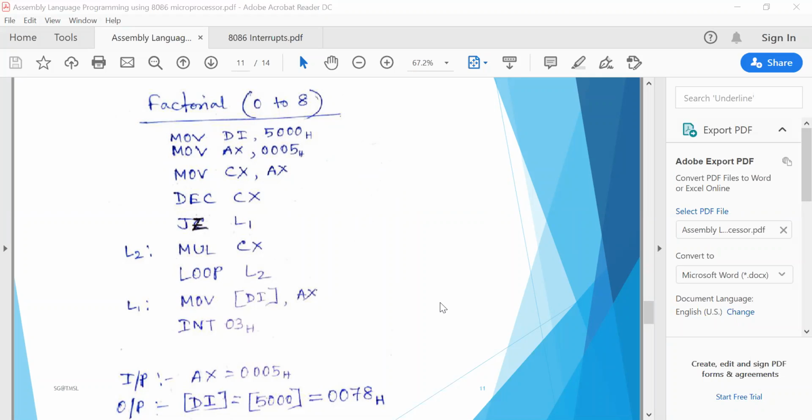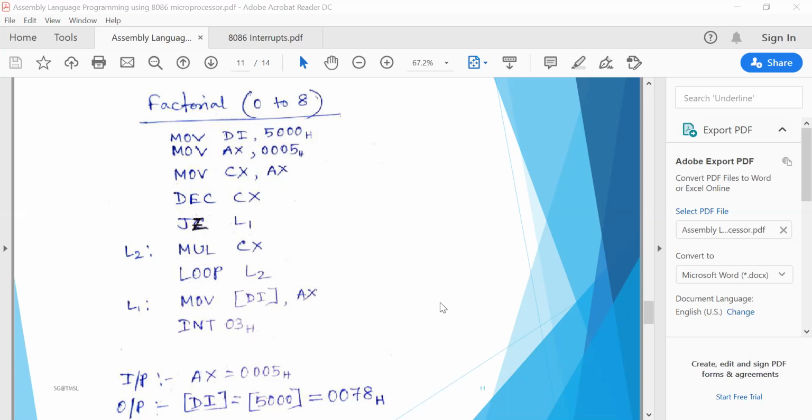Clear? And how can we get the 0003? If we decrement the CX register content again by 1. That is the use of the loop instruction. You don't need to write DEC CX again. Loop is actually executed with the help of the CX register.